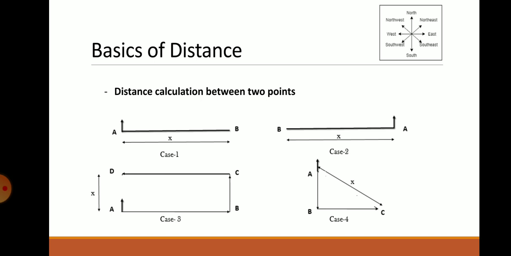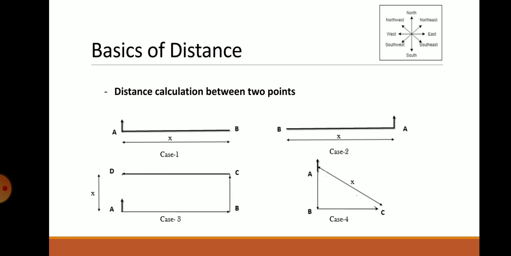So at that time you do not have to measure the distances AB, BC and CD, you have to measure the minimum distance between the initial and final position. That minimum distance is x here, and that is exactly equal to the distance CD. Whatever x line is there, that is exactly parallel to the CD line, therefore the distance of CD will be the distance between points A and D, because these two are parallel lines and you have moved exactly at 90 degrees every time. This is case number 3.